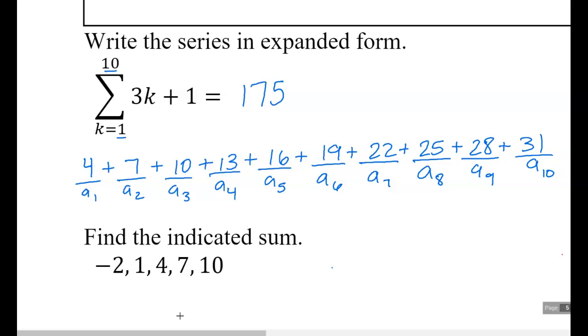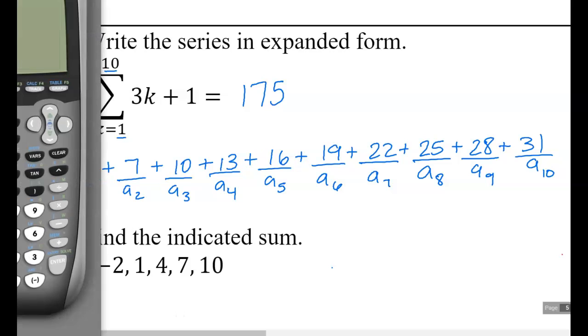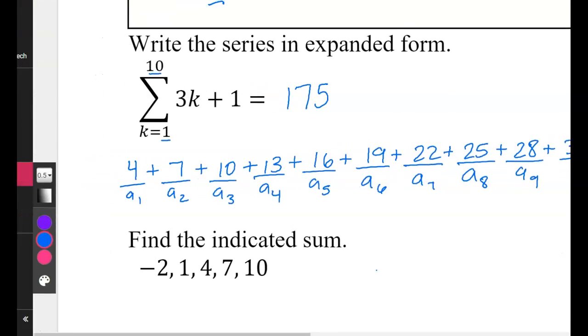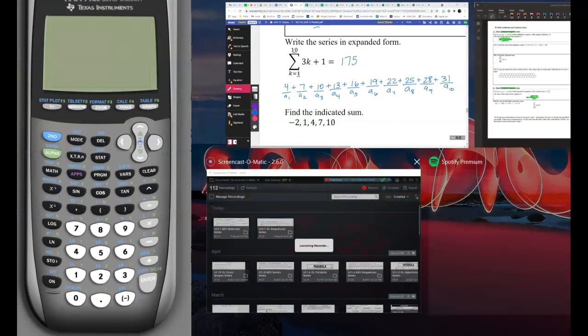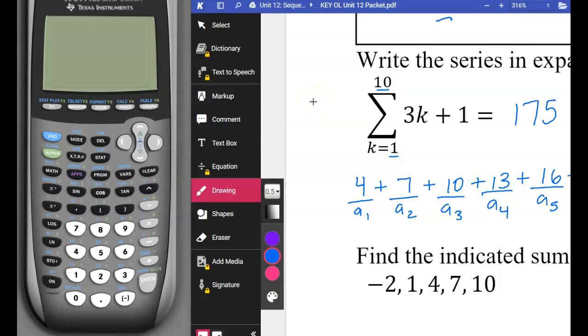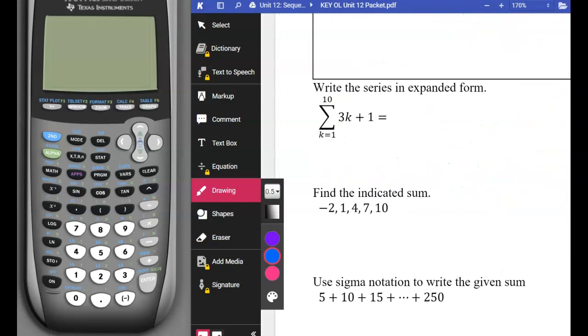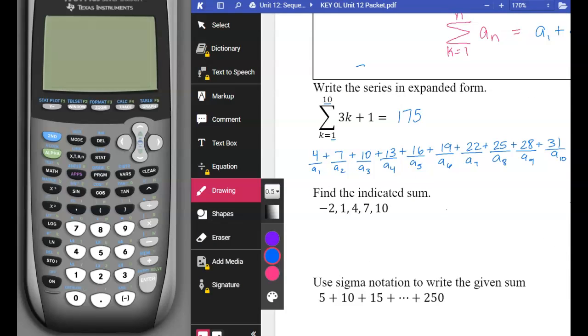Okay. But this was a lot of lower level math, a lot of computation, right? There's a trick we can do if we have a calculator. I'm sure Desmos does it. And I'm sure that you can Google and say, find the value of a series, and you'll find a website that'll do it for you. But if you have a calculator,